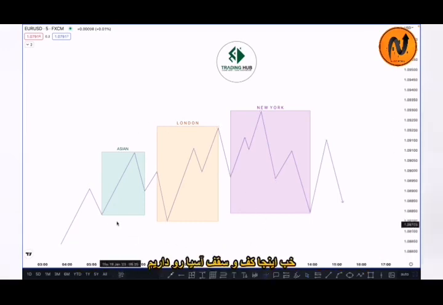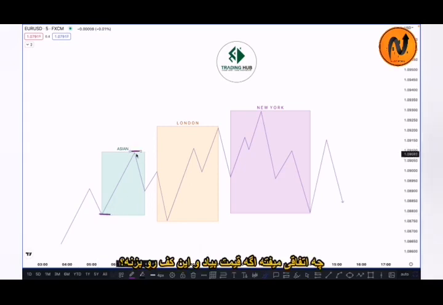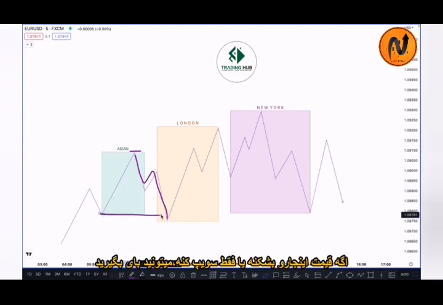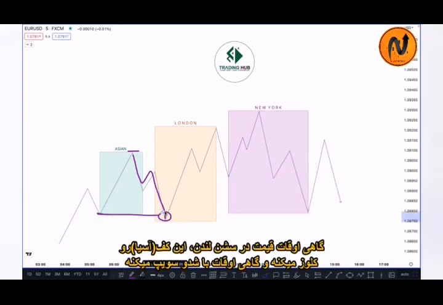For example, here is our Asian session low and the Asian session high is here. What happens if the market pushes downside and takes out this low, right? If the market takes out this low, just sweeps the liquidity, you can also buy here, right? If the market does not take out this liquidity and just closes below it,